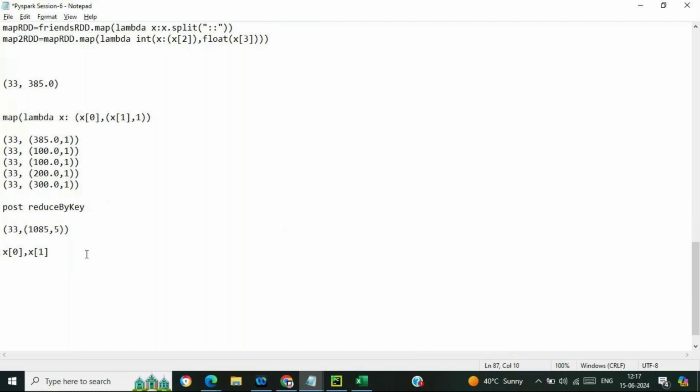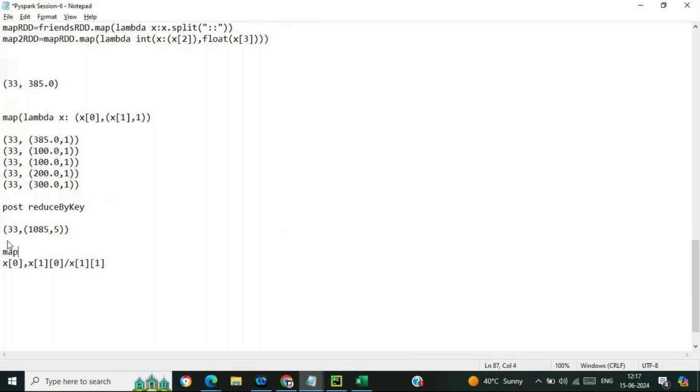So what we will do is take x of 1 comma x of 1 0, and divide it by x of 1 1. That will be the map transformation. Just have a look and ask me if you have any doubt.